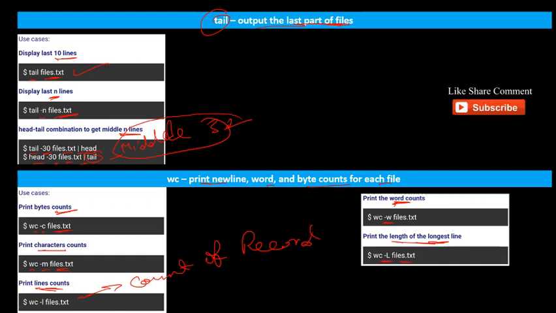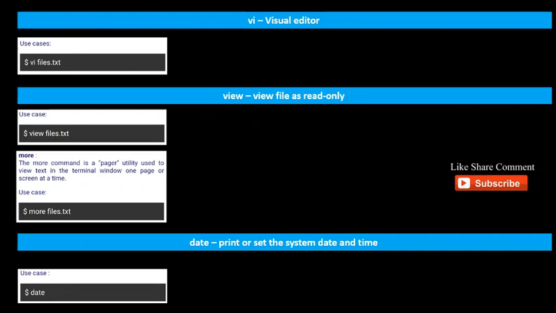If you want to see the length of the longest record, you can use capital -L with the wc command. And vi is also a tool which is used in some versions, like we have PuTTY, I have used PuTTY. I can browse through the vi visual editor my file, like vi, I want to browse this file, I can use vi.